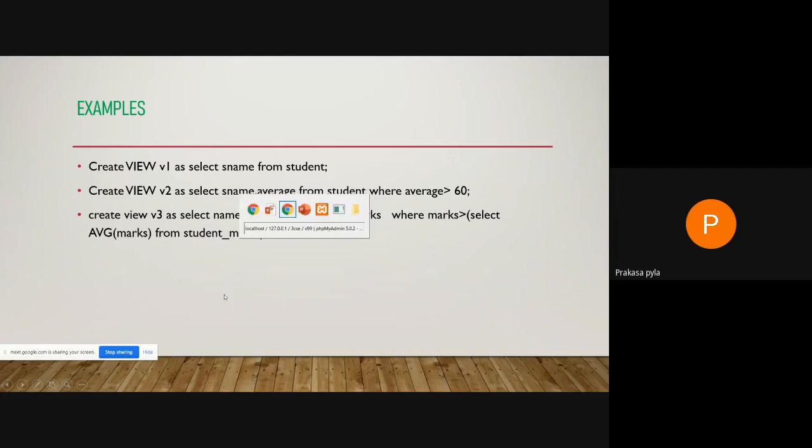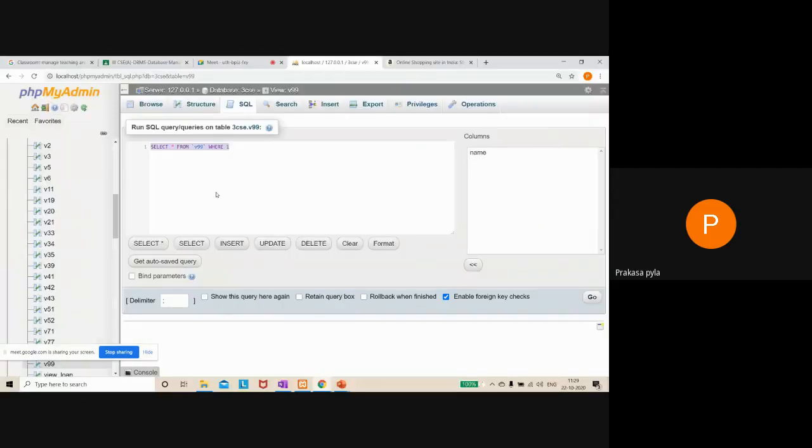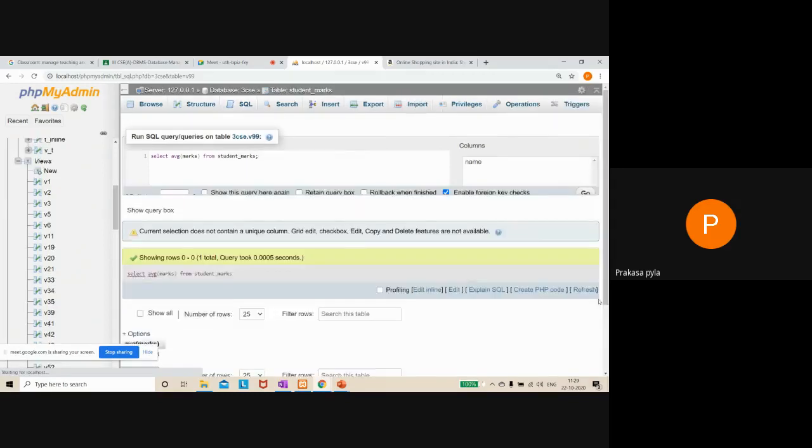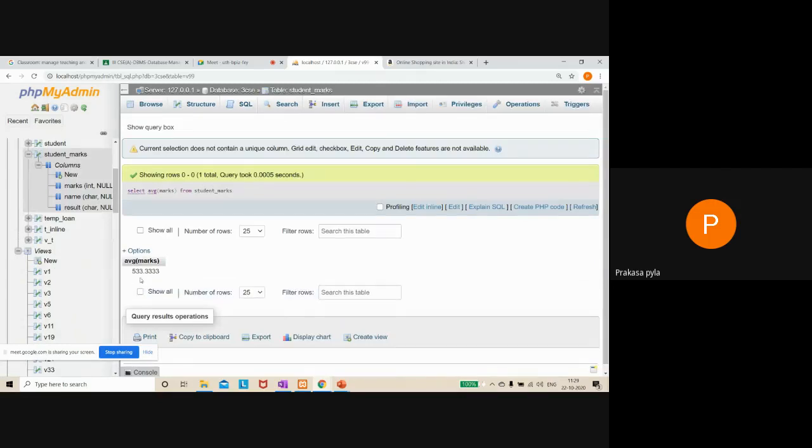Let us try to understand. Before that, how do we find the average marks? Select average of marks. Now, in the table, the average marks is 533.